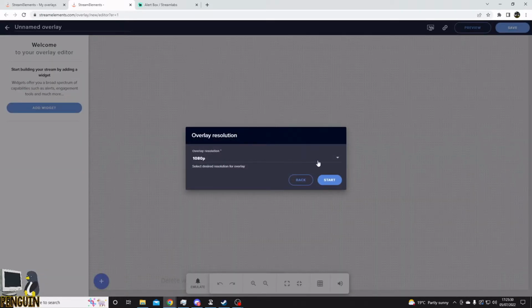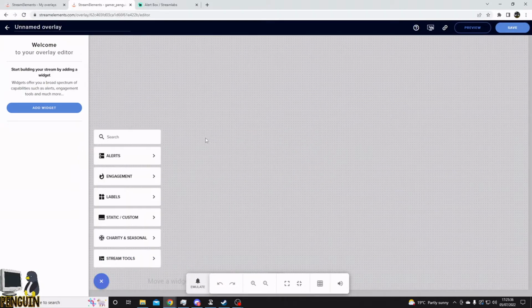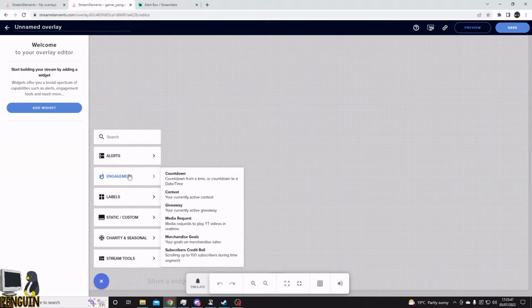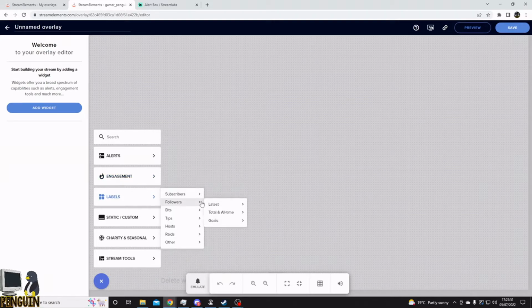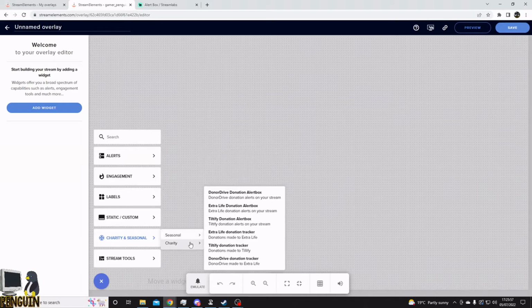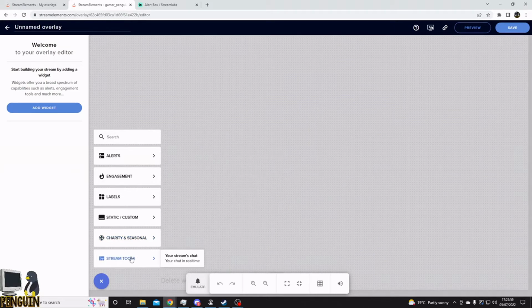We're going to do a 1080p. You can choose any size resolution you want, pretty much. And down here at the bottom, you've got a plus to be able to add in new stuff to it. And this is getting improved all the time. You can have alert boxes, merchandise alert boxes, engagement with countdowns, giveaways, labels we will be going through at some point, static stuff, seasonal charity, and what we're